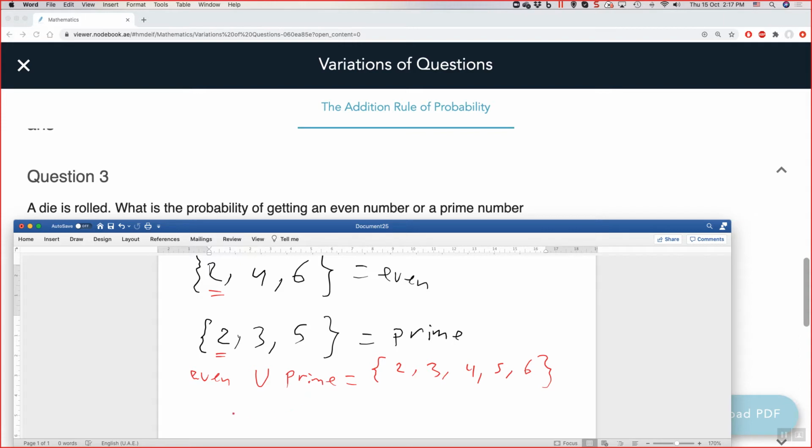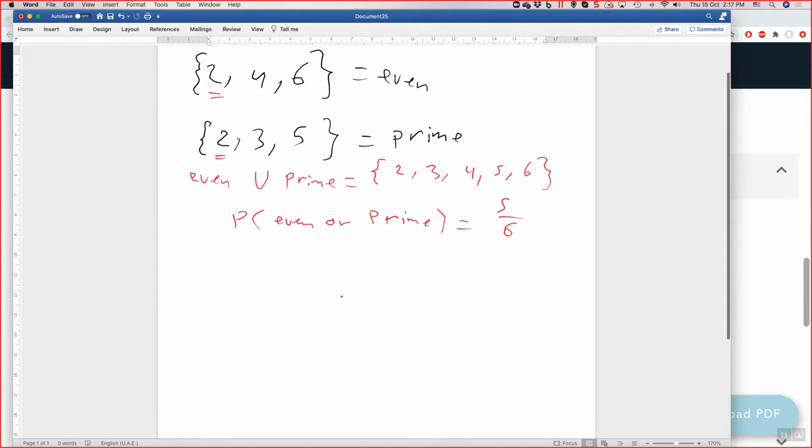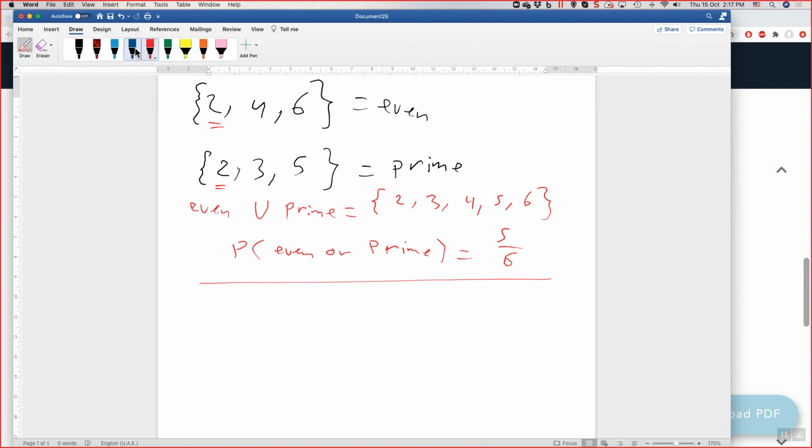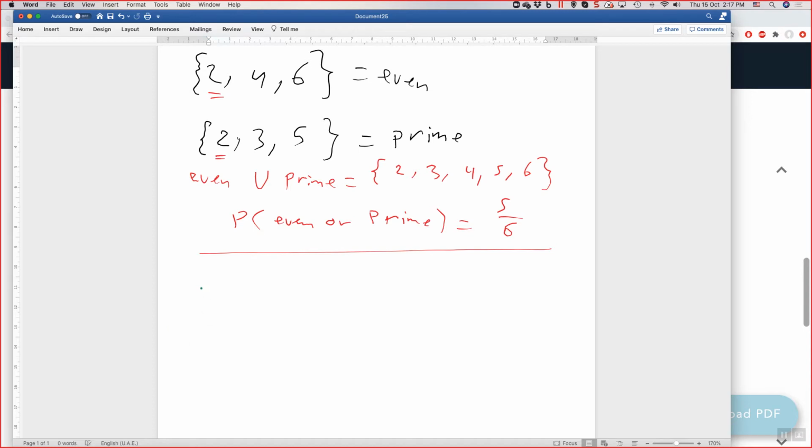We have 5 outcomes. So the probability of the union, which is even or prime, remember the or indicates the union, and this symbol you remember is also a symbol of union. So the or will be in this case 5 over 6, and I didn't even need to apply the rule. But if I wanted to apply the rule, I can apply it. So let us solve this question another way when we apply the rule. Okay, the other way with applying the rule will be having the probability of even plus the probability of prime